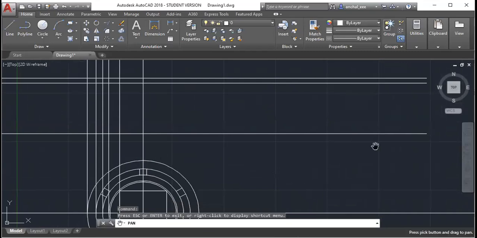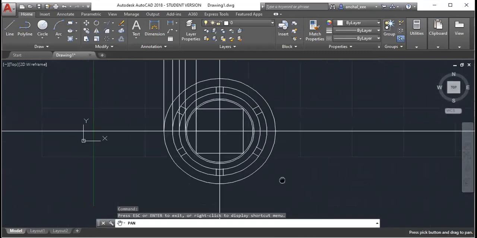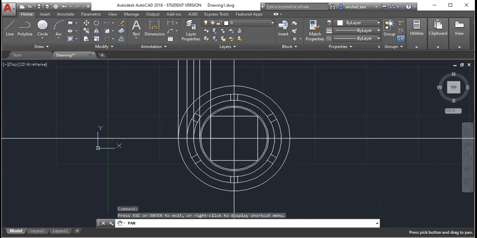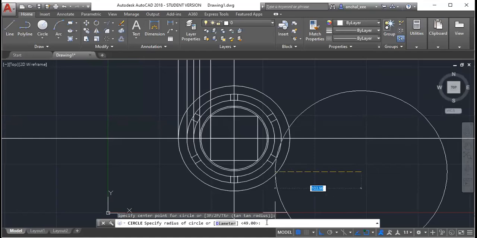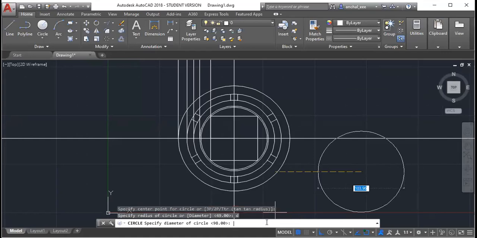Okay. Dawood, circle drawing is very simple. I will draw on the side and tell you. Either you give a specific center point, or if you don't want to, click anywhere on the screen. Then write D, and press enter, because the diameter of the circle is given in the question.